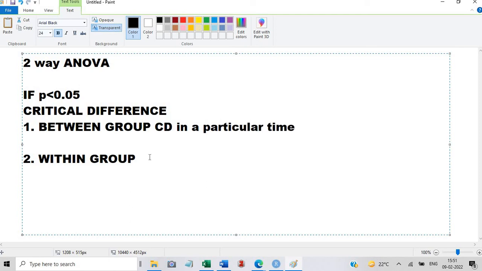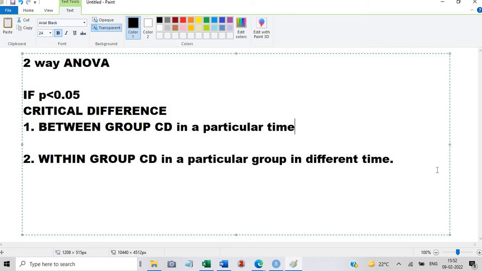And here, within group variation, in a particular group, in different time. This one is similar to one-way ANOVA; after one-way ANOVA, how you do the critical difference is like that. This one is a bit different.